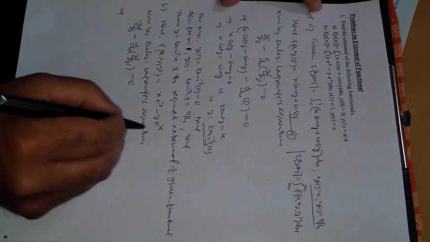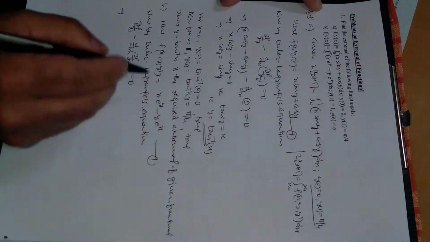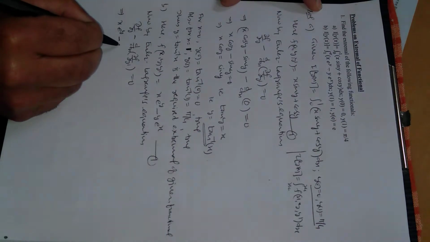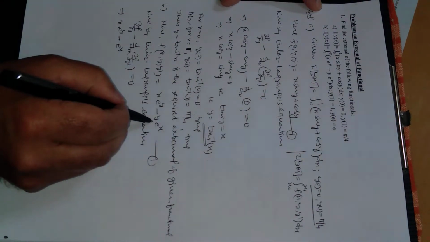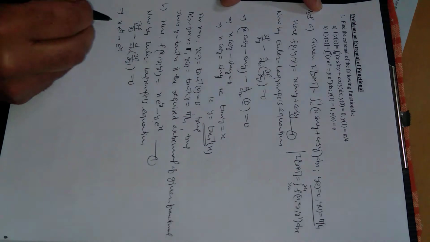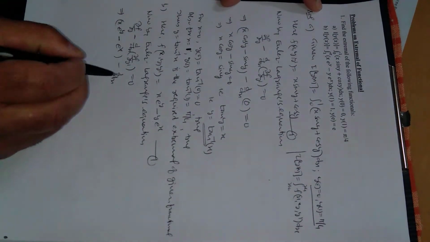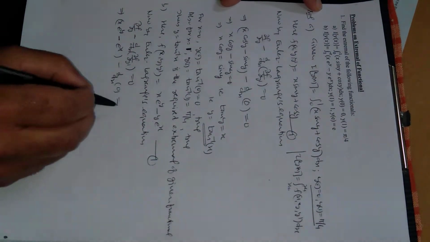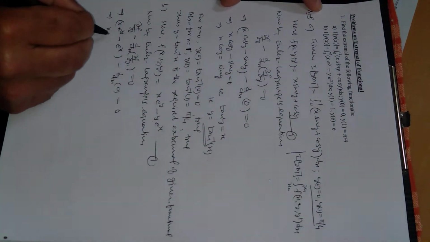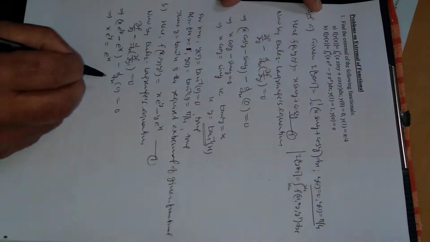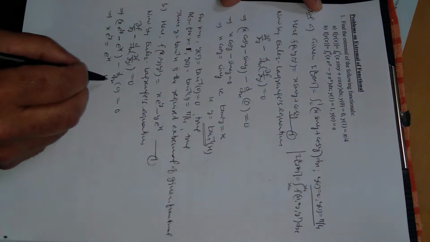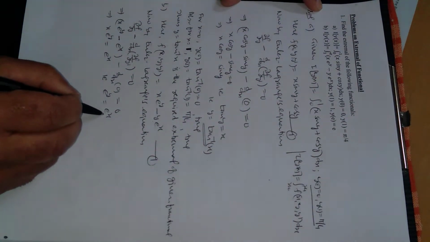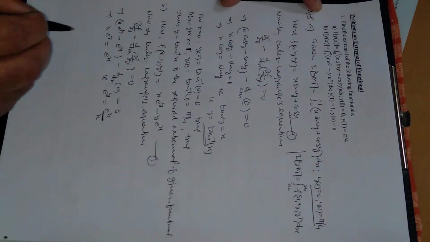Let us suppose this to be 1. The partial derivative of f with respect to y: x exponential, the derivative is exponential as it is, minus y's derivative 1, and e power x is added because we are doing the partial derivative with respect to y, so the term containing x will be constant. Minus d upon dx of the partial derivative with respect to y dash, there is no y dash in this function, so it will be 0, and the right side is equal to 0. x e raised to power y is equal to e raised to power x, so we are getting e raised to power y is equal to e raised to power x divided by x, right?